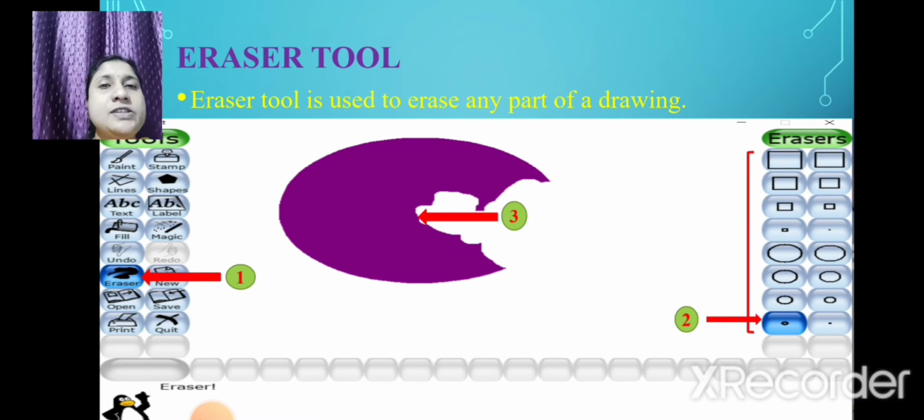You can take any shape of the eraser, whether it is a circle, square, big circle, big square. You have to drag that eraser where you want to erase that part of the drawing. Drag the mouse on that part of your drawing which you want to erase. Which part of your drawing you want to erase, you can drag your mouse there and erase that much part of your drawing. Getting it? What is the use of the eraser tool? To erase any part of your drawing. Got it?